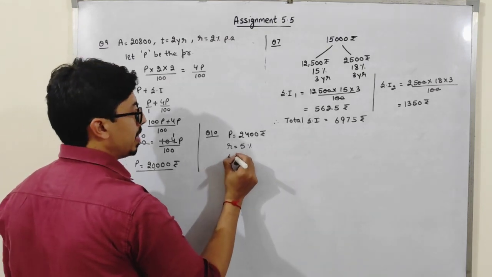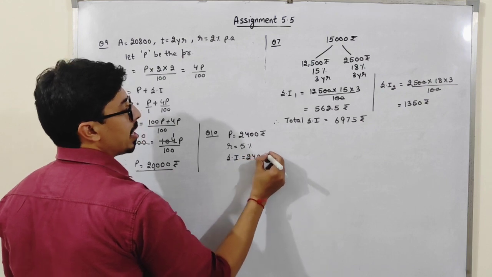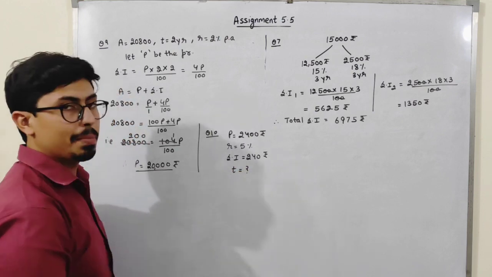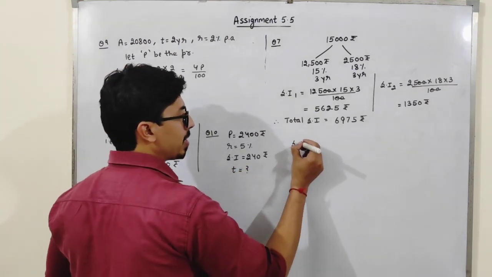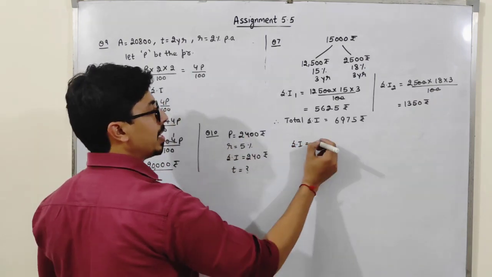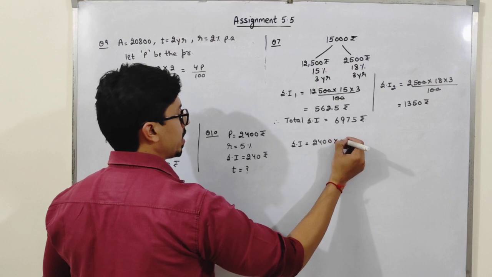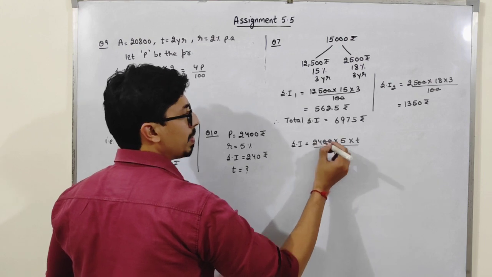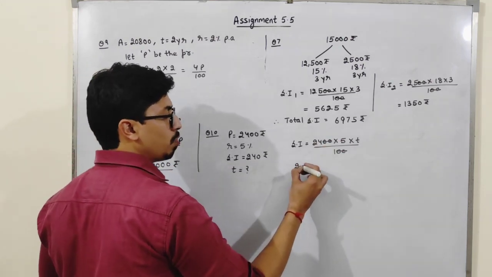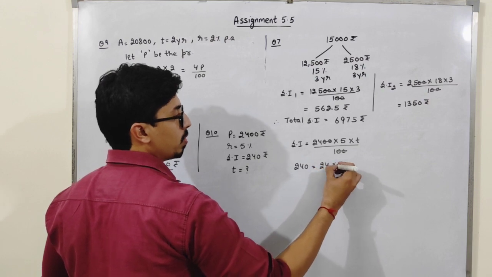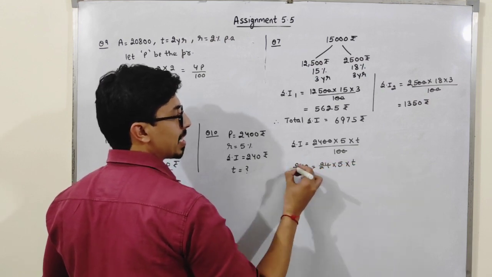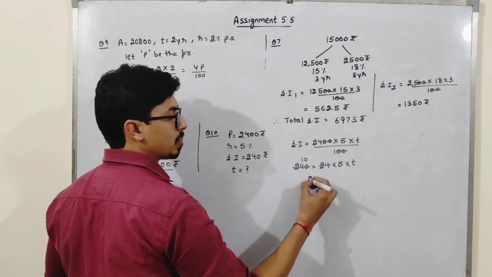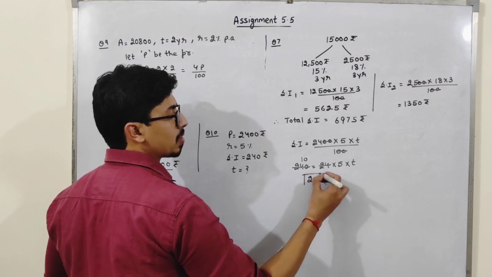Simple interest is 240 rupees. This is given to us. And after how many years will I get this interest? That means time I don't know, students, time I have to calculate. So just put the formula of simple interest. Simple interest is equal to P, that is 2,400, into rate R, into time, which I don't know, upon 100. 2 zeros cancel out with these 2 zeros. Simple interest is 240, so 240 is equal to 24 into 5 into T. If I cancel them, it will be 10. 5 is in multiplication and when it goes there it will be in division, so 10 divided by 5 is 2. So time is 2 years.